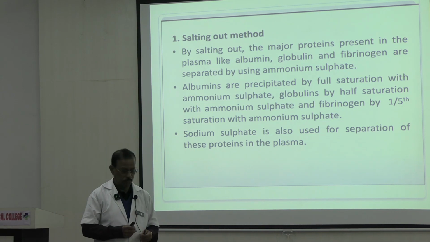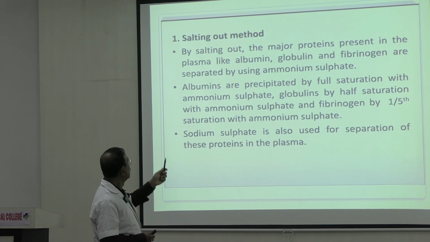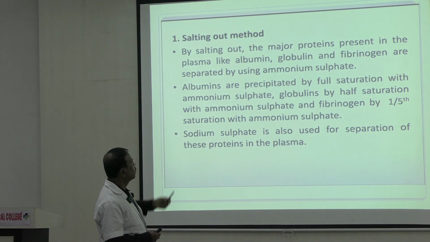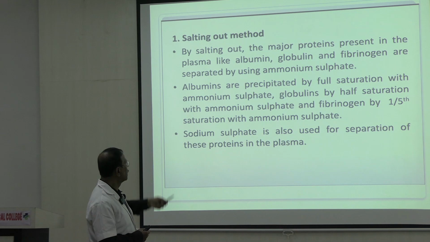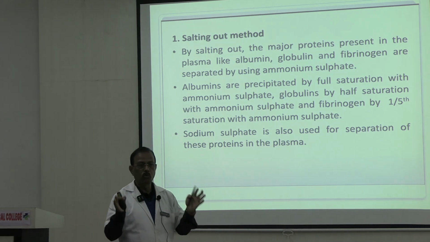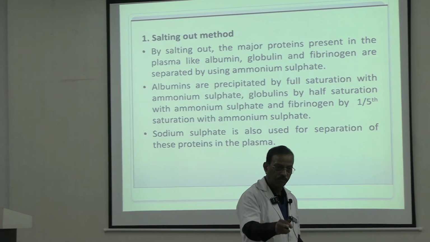Salting out method. The major proteins in the plasma like albumin, globulin, fibrinogen are separated by using ammonium sulfate. If you go on adding ammonium sulfate